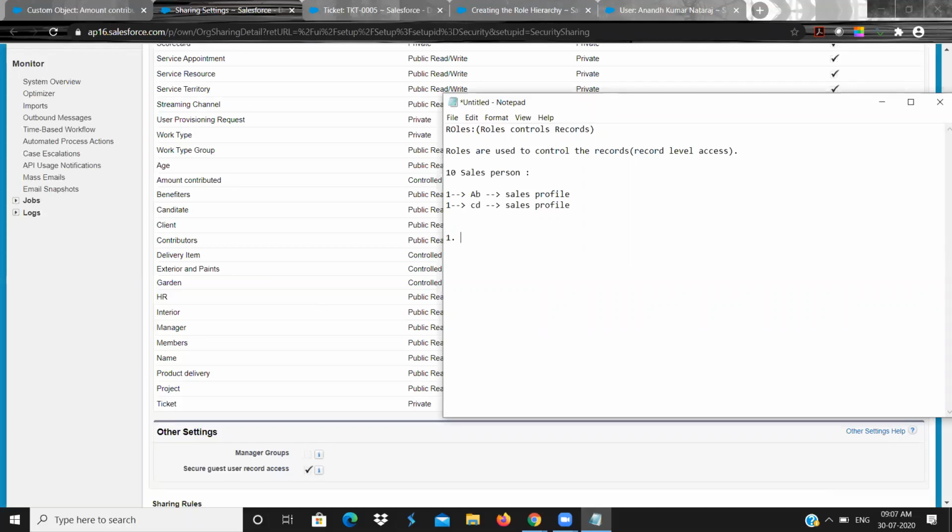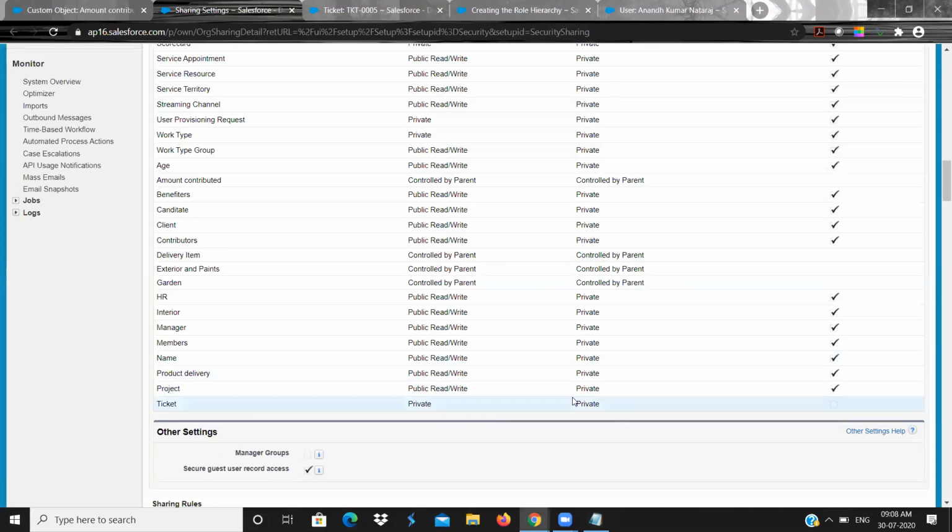I need to go to the sharing setting and make the object private. First point. Second point is, if I wanted to enable using hierarchy, I need to use grant using hierarchy and provide role to the users. That is the second step. So these two are very, very important steps.